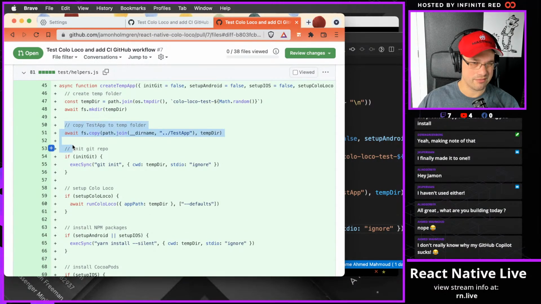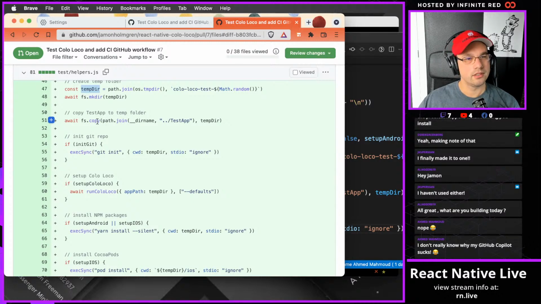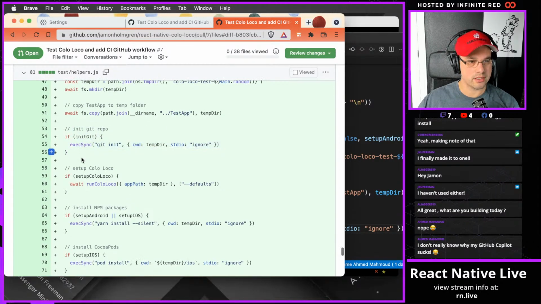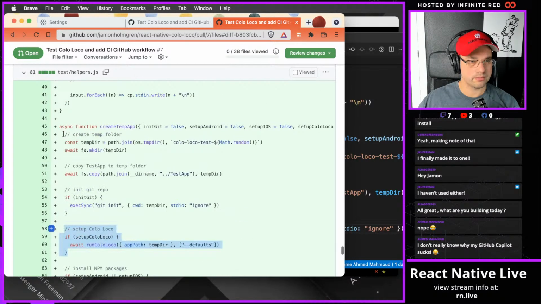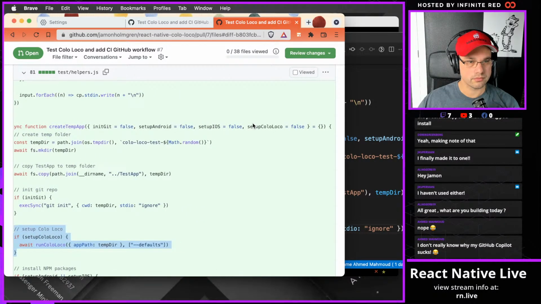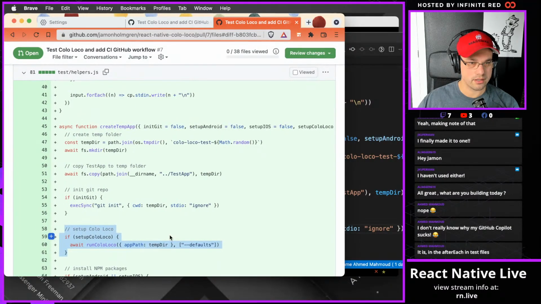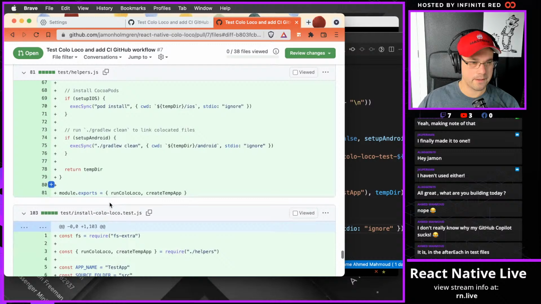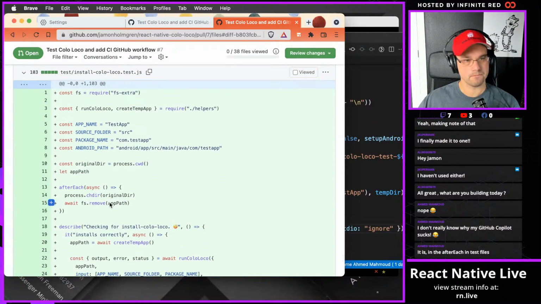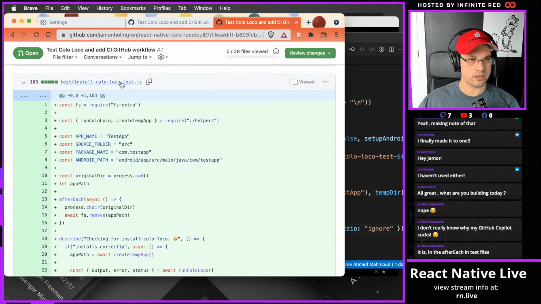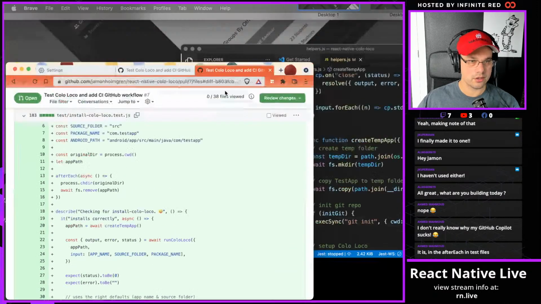We may want to do that. Or, yeah, so we're making a directory, copy over the test app, and then we initialize Git. We set up Colo-Loco, set up Android, set up iOS, set up Colo-Loco, init Git. All right. And then install Colo-Loco test. So, okay, so